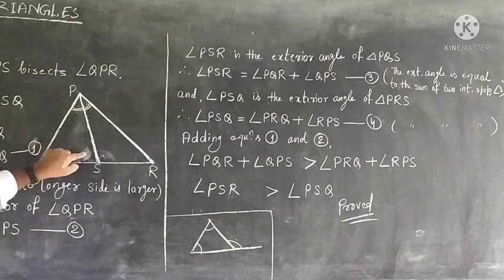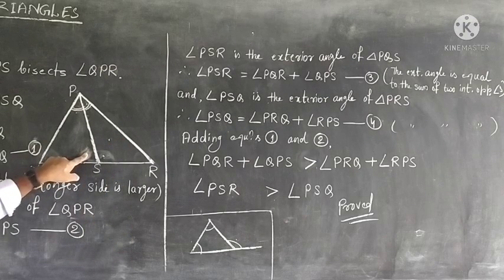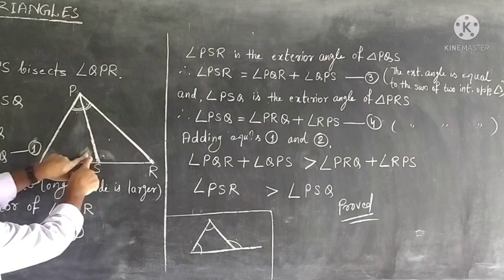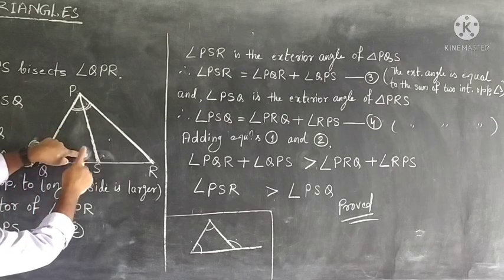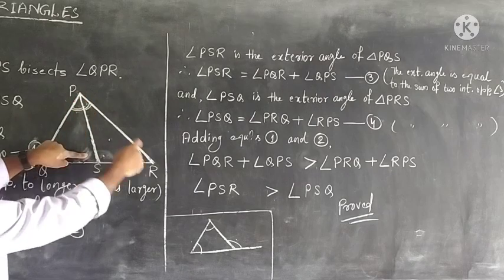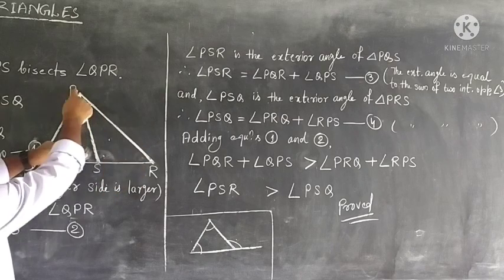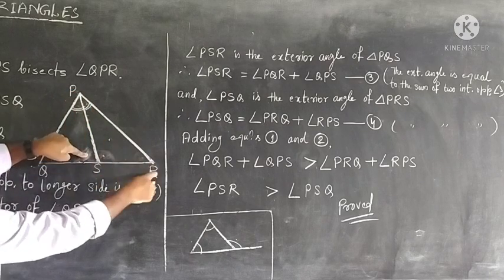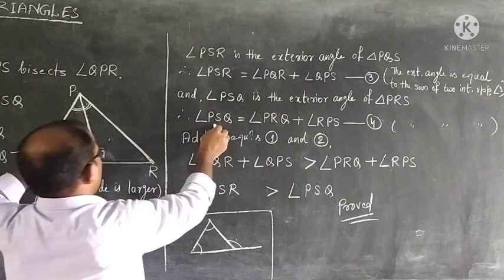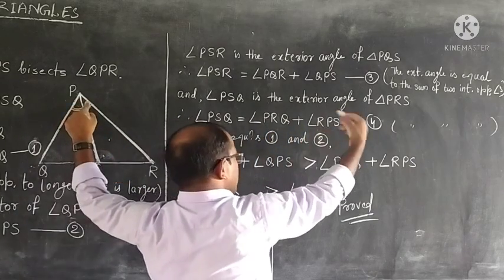The same way, now if we see this part, PSQ, we need to look at that. PSQ is the exterior angle for this triangle. Same thing we are doing, but now for another triangle. This angle PSQ has two interior opposite angles, SPR, or we can write RPS, and then angle PRS, or we write PRQ, the same angle formed at R. So, we write PSQ, the exterior angle, equals PRQ plus RPS, equation 4.